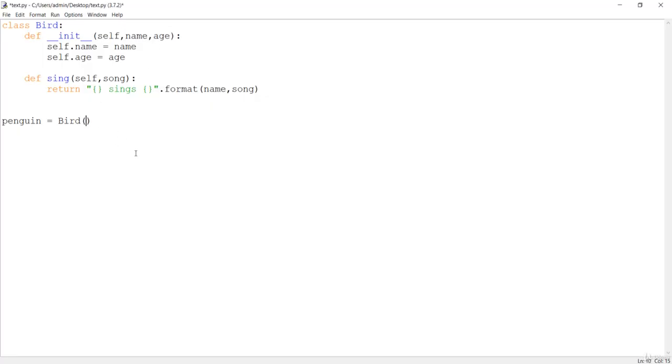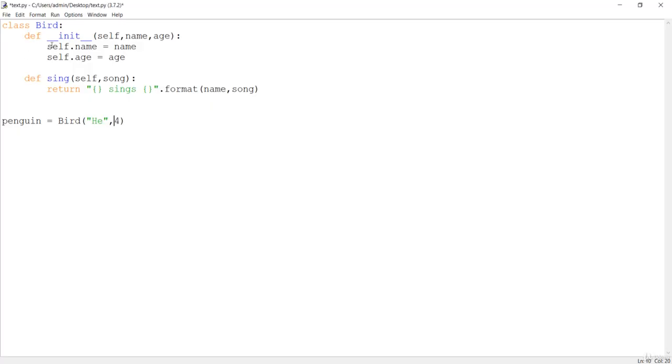So let's give the name and the age to this bird. The penguin bird will be Hugh. Okay, I'm just giving the name randomly, and the age is, let me say, 4. If you do this, then you have created the penguin object of this Bird class, and this method is going to be invoked. And if you see here, this self is pointing to this particular object. That means you need not explicitly assign the self value over here. Except for self, all of these arguments should have a positional argument right here. So we are giving Hugh to this name, we are giving 4 to this age.